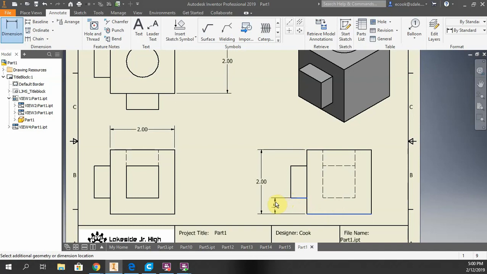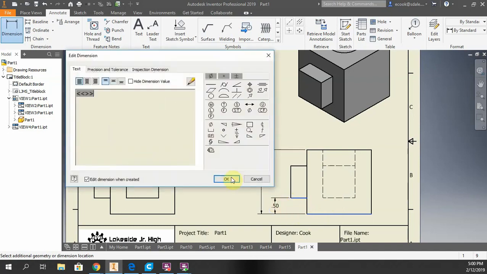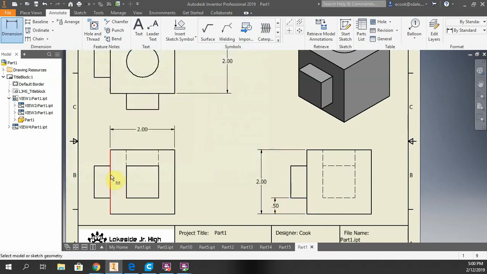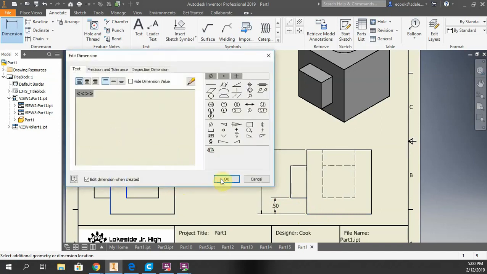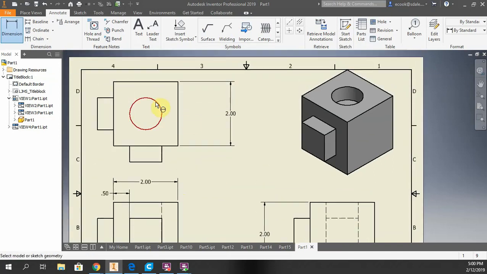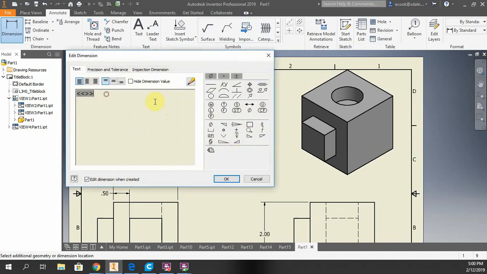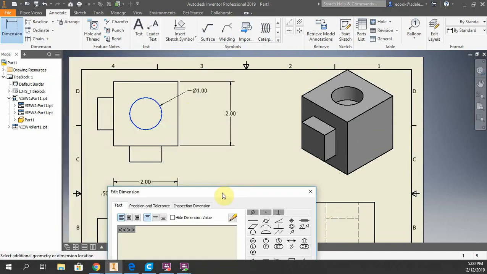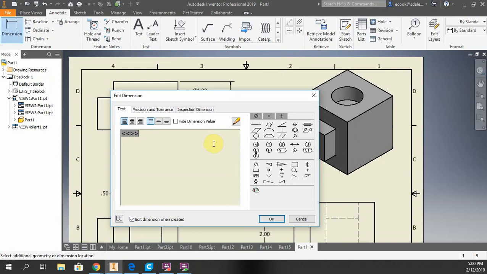So it's 0.5 up. It's 0.5 over. And I need to know what the diameter of this hole is. You can see that it doesn't say all the way through or 0.5 or anything like that, so I'm going to add it